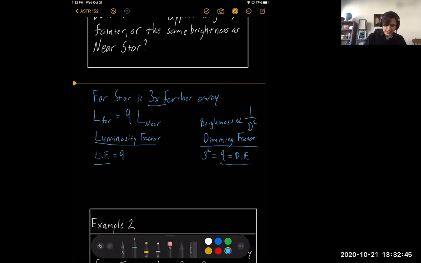All right. So now I'm just going to compare the two. The luminosity is making the far star 9 times naturally brighter, but it's 3 times farther away. 3 squared is 9. So it's getting dimmed. It has a dimming factor of 9. Those two balance each other out. So in this case, they are the same